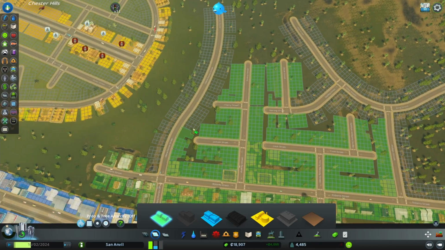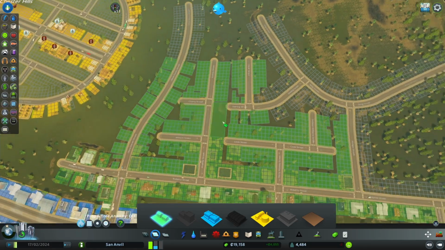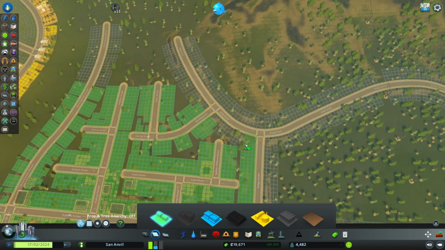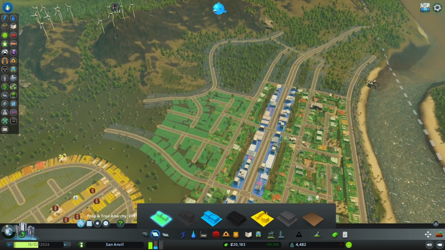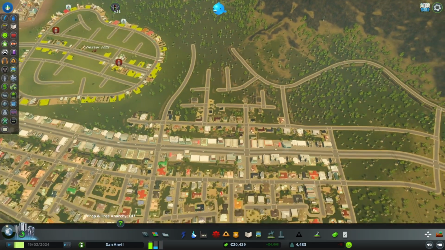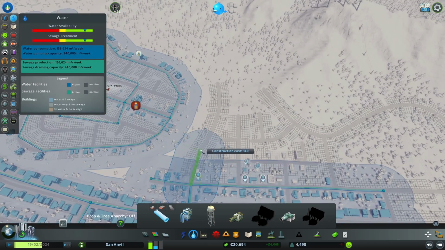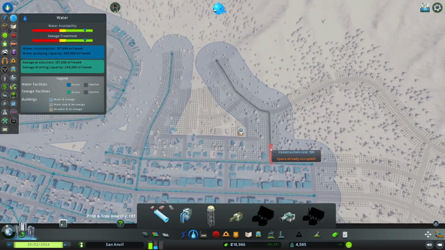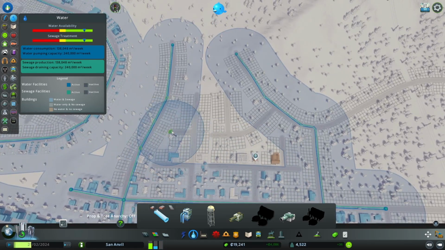Let's just start to fill all these bits in. This will want water and all that stuff, so we'll do that in a second. And on the inside there. Try not to touch anything that's going to be edited later on. So water, let's bring water up this road here. Let's get a water main going along this road here. And then